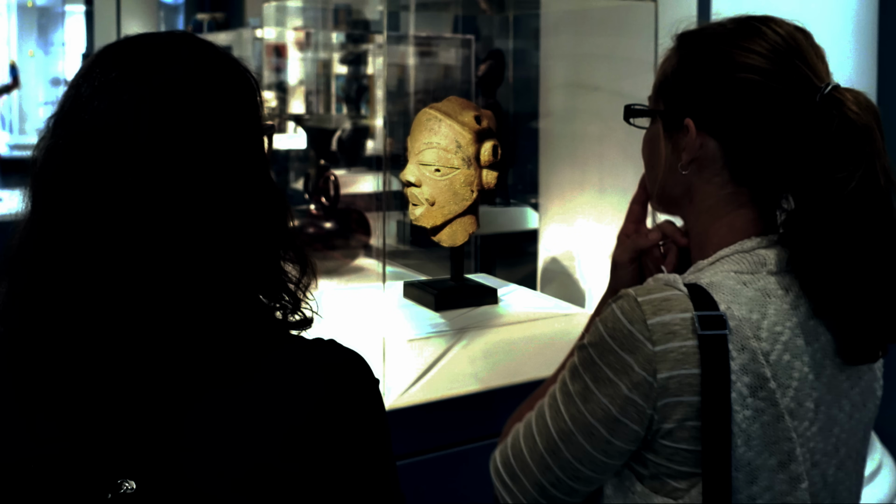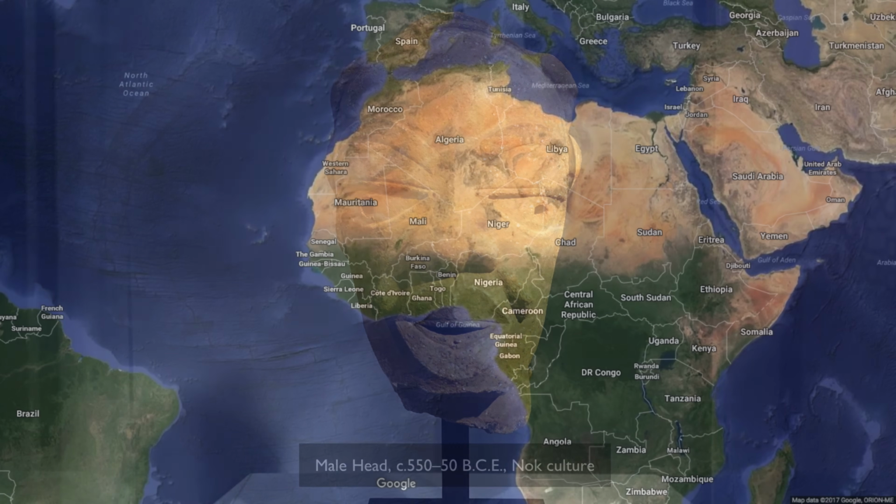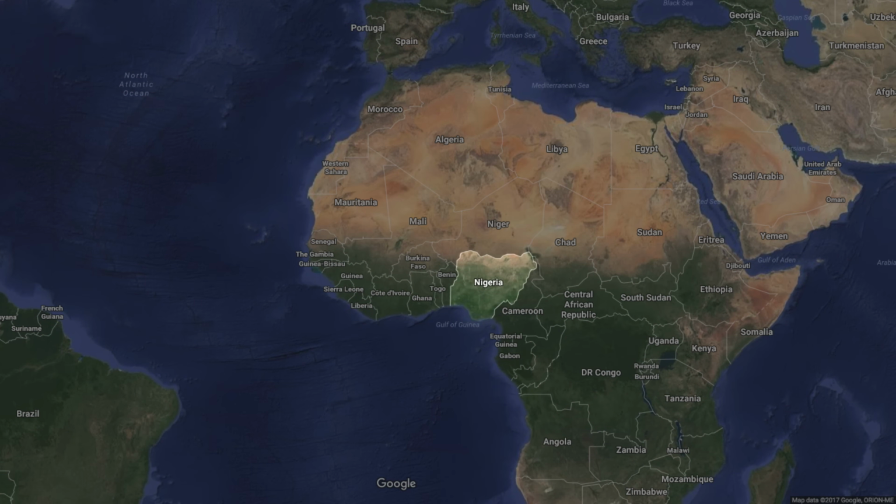We're in the Brooklyn Museum looking at a life-size male head. This is one of the oldest terracottas from sub-Saharan Africa. In fact, it's about 2,500 years old. It's from a part of Africa that we now call Nigeria, and this is one of numerous life-size human figures